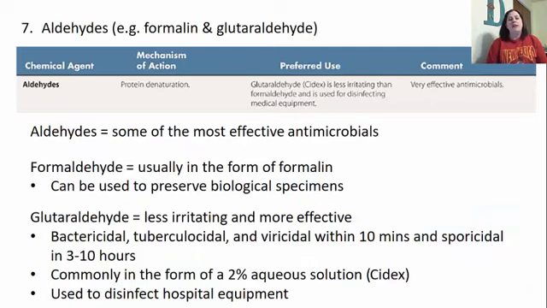The aldehydes include formalin and glutaraldehyde. These are going to do protein